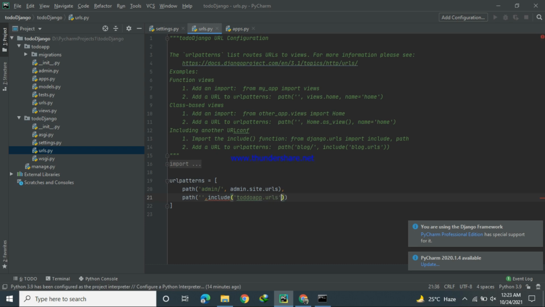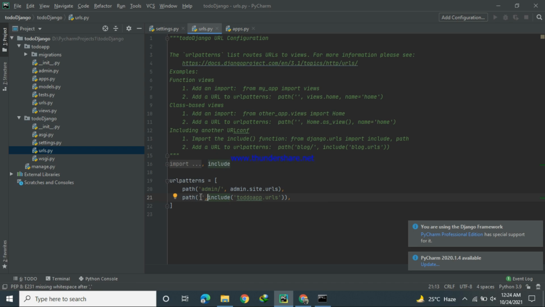What this line is explaining, we have to import this name include. I am giving a path that is empty, I mean the home page.